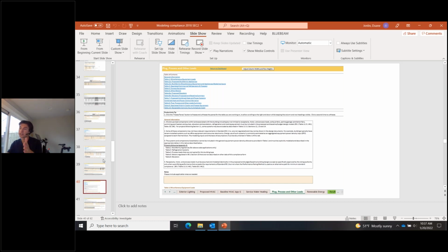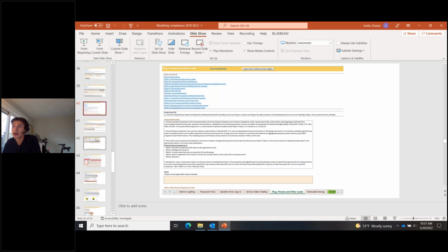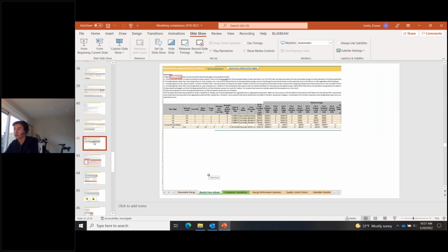The compliance form has built calculators that align with that guidance. So if you have those loads in your building, you can come to this tab and see how the calculation is supposed to happen for savings for those different end uses. You've got a tab for renewable energy where you can document how much PV is in your design. And that's basically all the inputs. So lots of tabular inputs for how you're modeling, and then you move into the output.